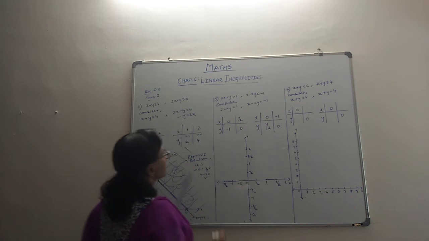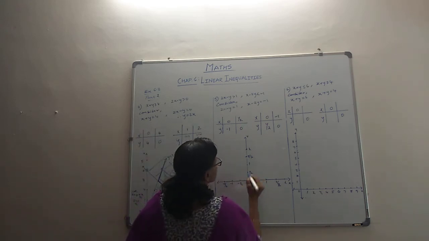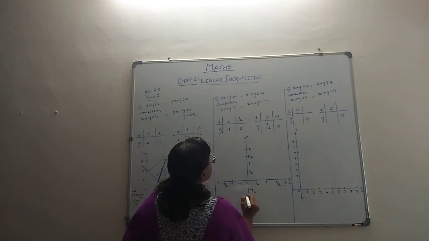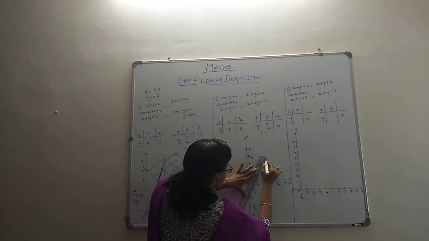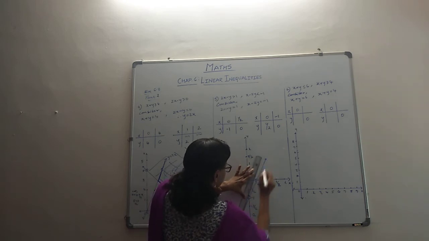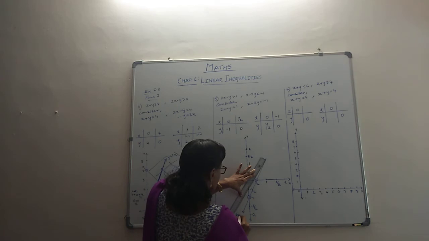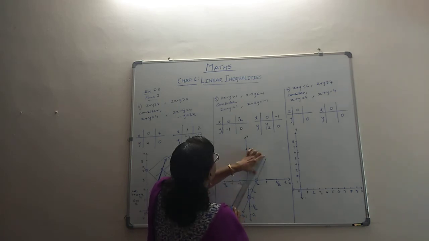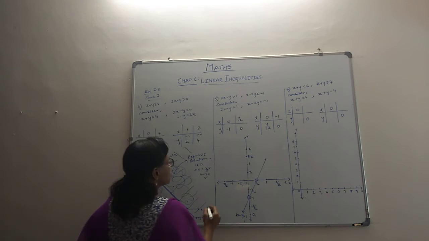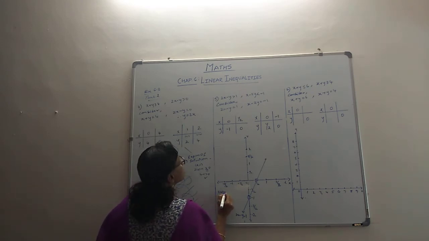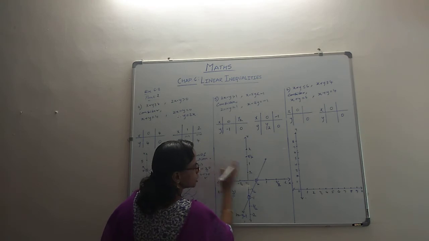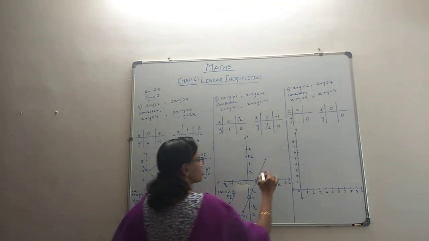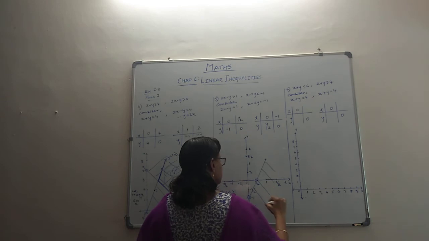Now let's plot these points. First one 0 comma minus 1, so 0 comma minus 1. First point. Second point half comma 0. This. So let's quickly plot this line. This line is 2x minus y equal to 1. And now we have to check the region. So if you put 2 into 0 minus 0, whether it is greater than 1. 0 is not greater than 1. No. So the place where the origin is, that's not the region of solution. So your region of solution is here, this part.